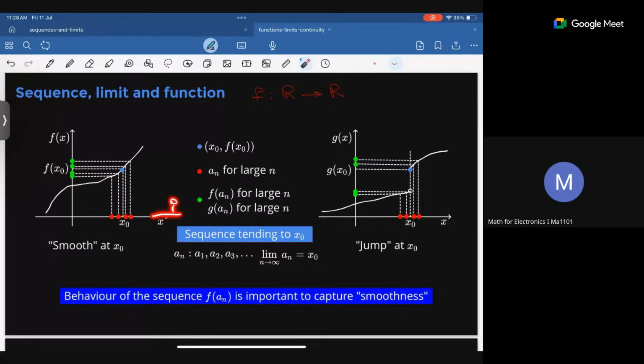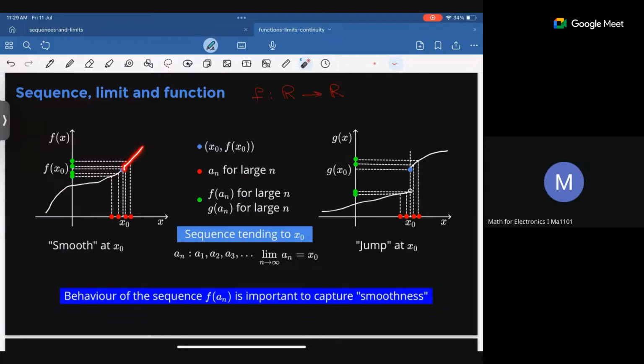Similarly, I will now walk from the right hand side towards x naught. And again I will capture the function values. So there are many points, and I will see the function values at those points. How are they behaving? So this becomes a sequence. This also becomes a sequence, right? So I will capture, and once I reach x naught from the right hand side, I will see where am I reaching on the function,